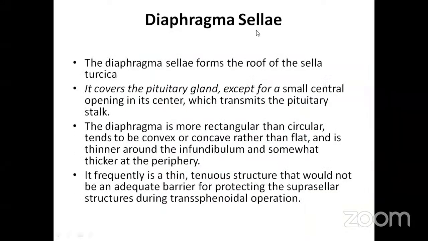The last thing, the covering, the diaphragma sella, is just like a curtain forming the roof of the sella turcica. It covers the pituitary gland except for a small central opening which transmits the pituitary stalk. The diaphragma is more rectangular than circular, tends to be convex or concave rather than flat, and is thinner around the infundibulum and somewhat thicker at the periphery. It's frequently a thin linear structure that would not be an adequate barrier to protecting the suprasellar structures during the